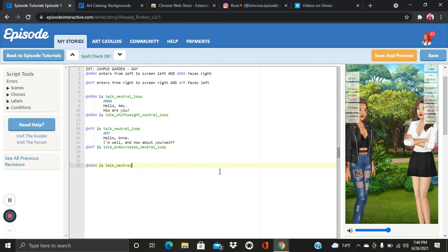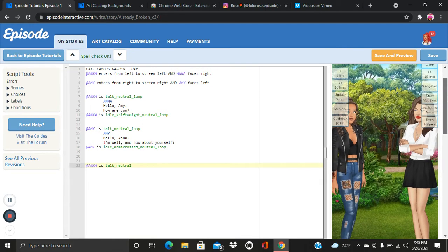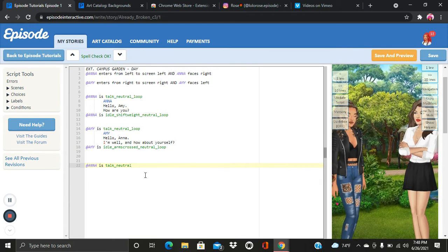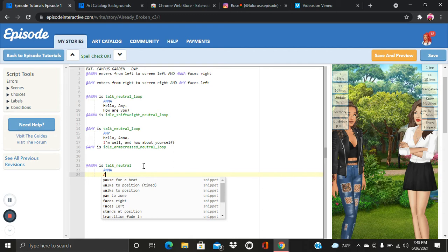Now that she's talking neutral, I'm going to make this screen bigger so you guys can see it. I don't know if you can see it that great or not, but I made it bigger for you. So at Anna is talk neutral, and I indented it, and I put Anna,